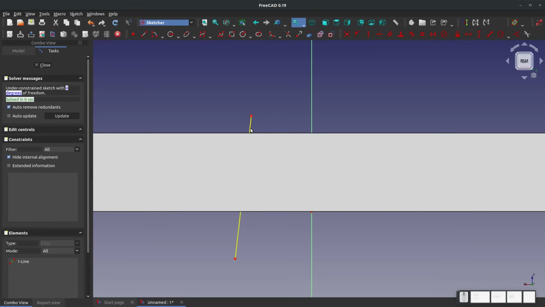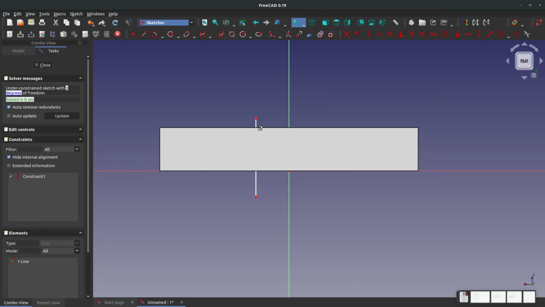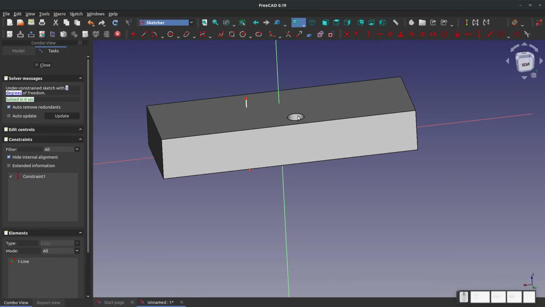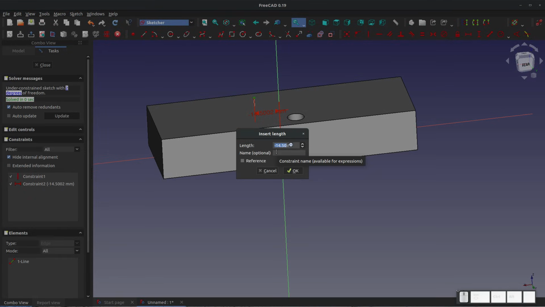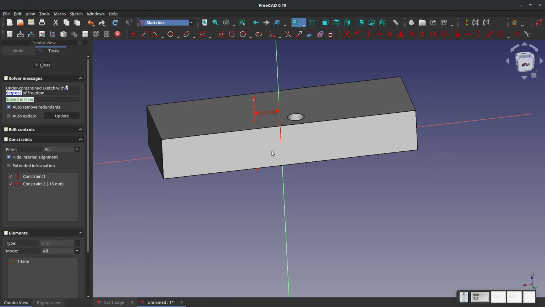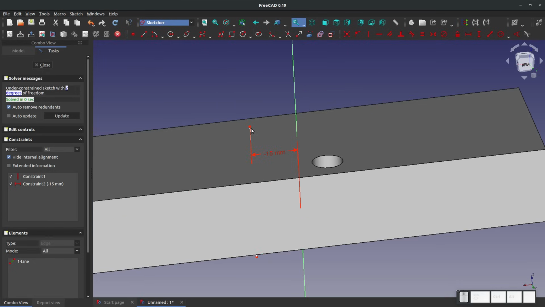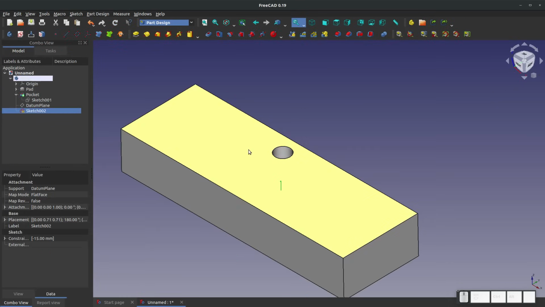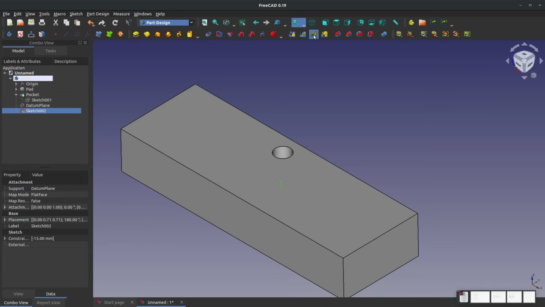And your axis does have to be vertical, or normal to whatever feature you're trying to pattern here. Now let's go Shift H, -15. So Shift plus H is how you insert a horizontal dimension into your sketch. Just a shorthand way of clicking this button. Let's close that. And now with this axis, we're going to say polar pattern,